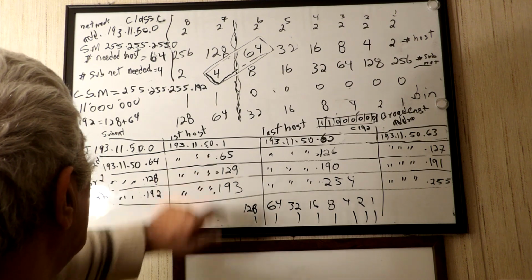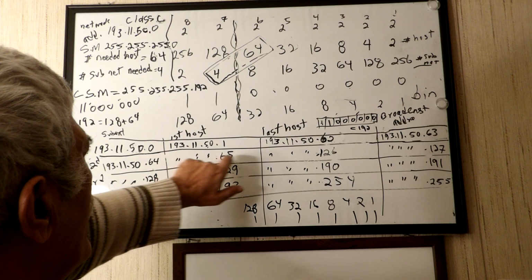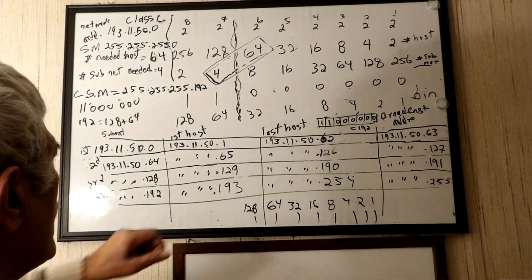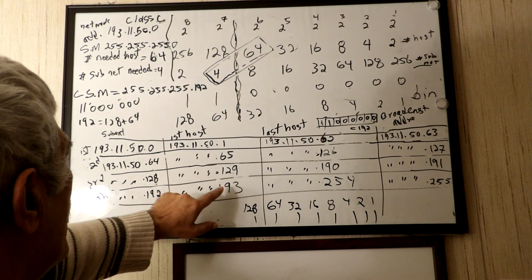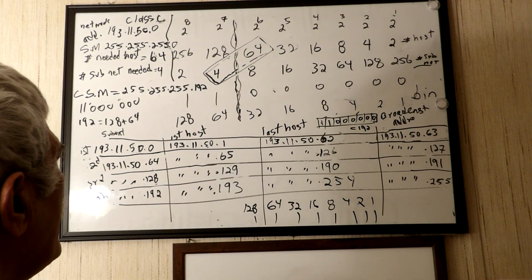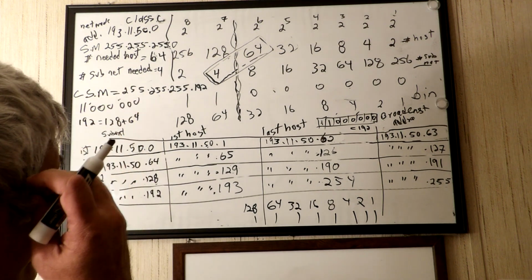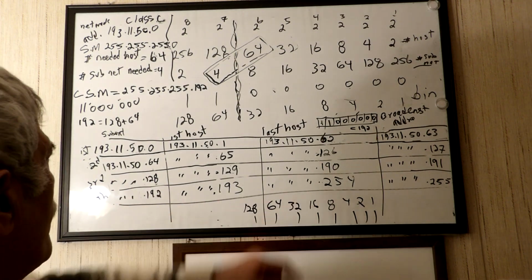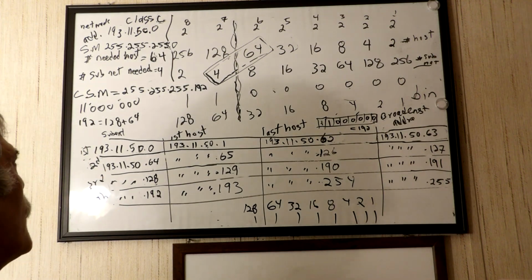The second subnet, the first host is 65, and the last host 126. The third one is 129 to 190, and the same thing for the bottom. So you got an idea how these things work,